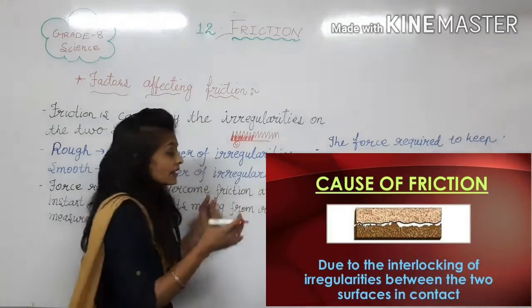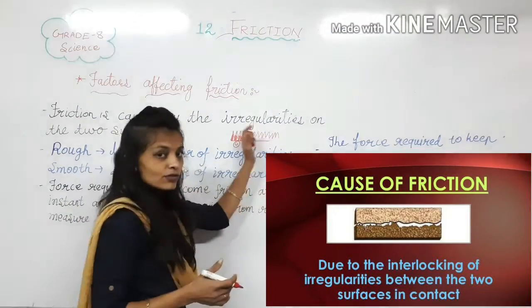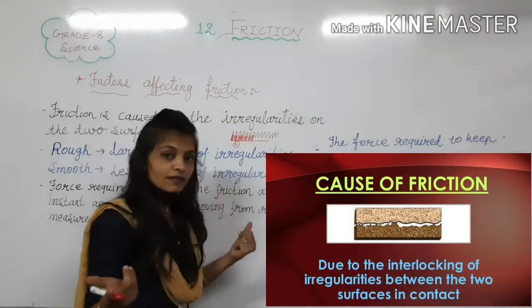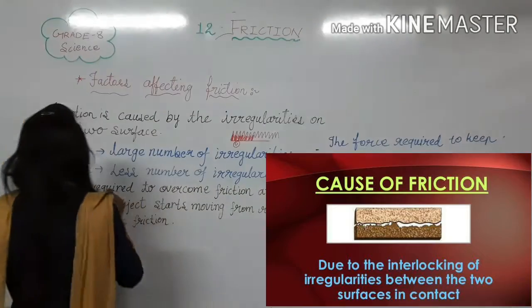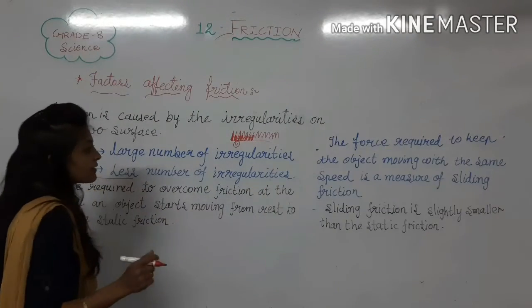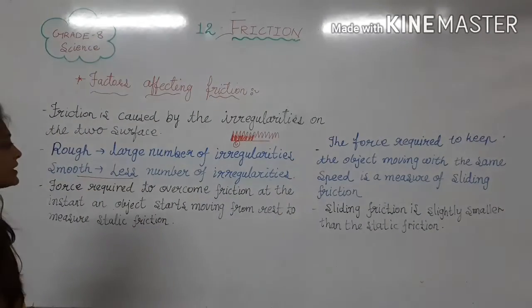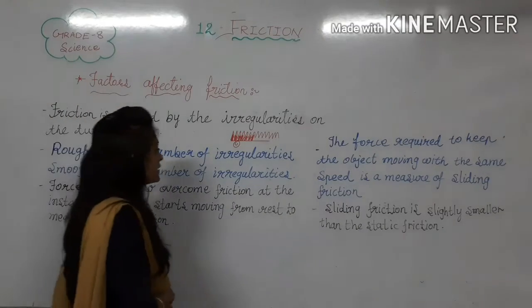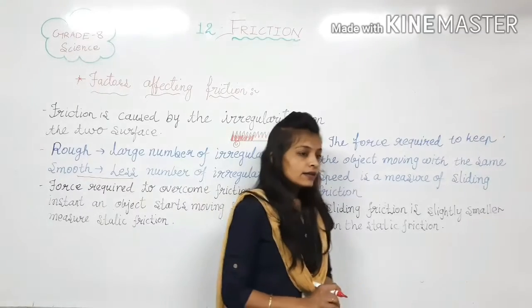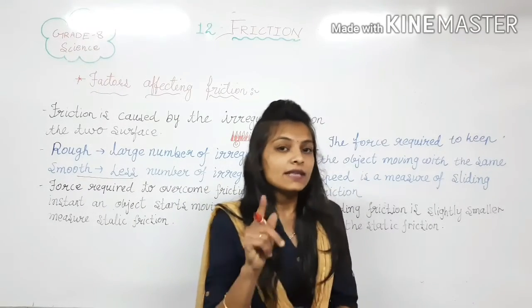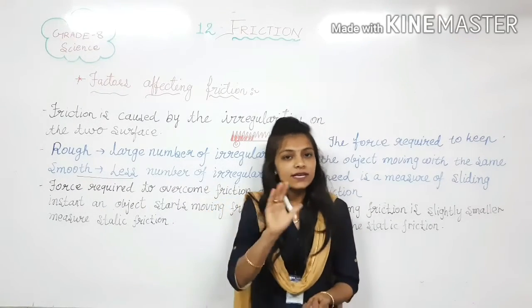A locking key, that will be fixed in it. So that's why the force of friction will be more. Force of friction will be more. Same example, if there is a smooth surface, the number of irregularities is less. Which example will I give you? Yes, the example of a heavy box and a lighter box.